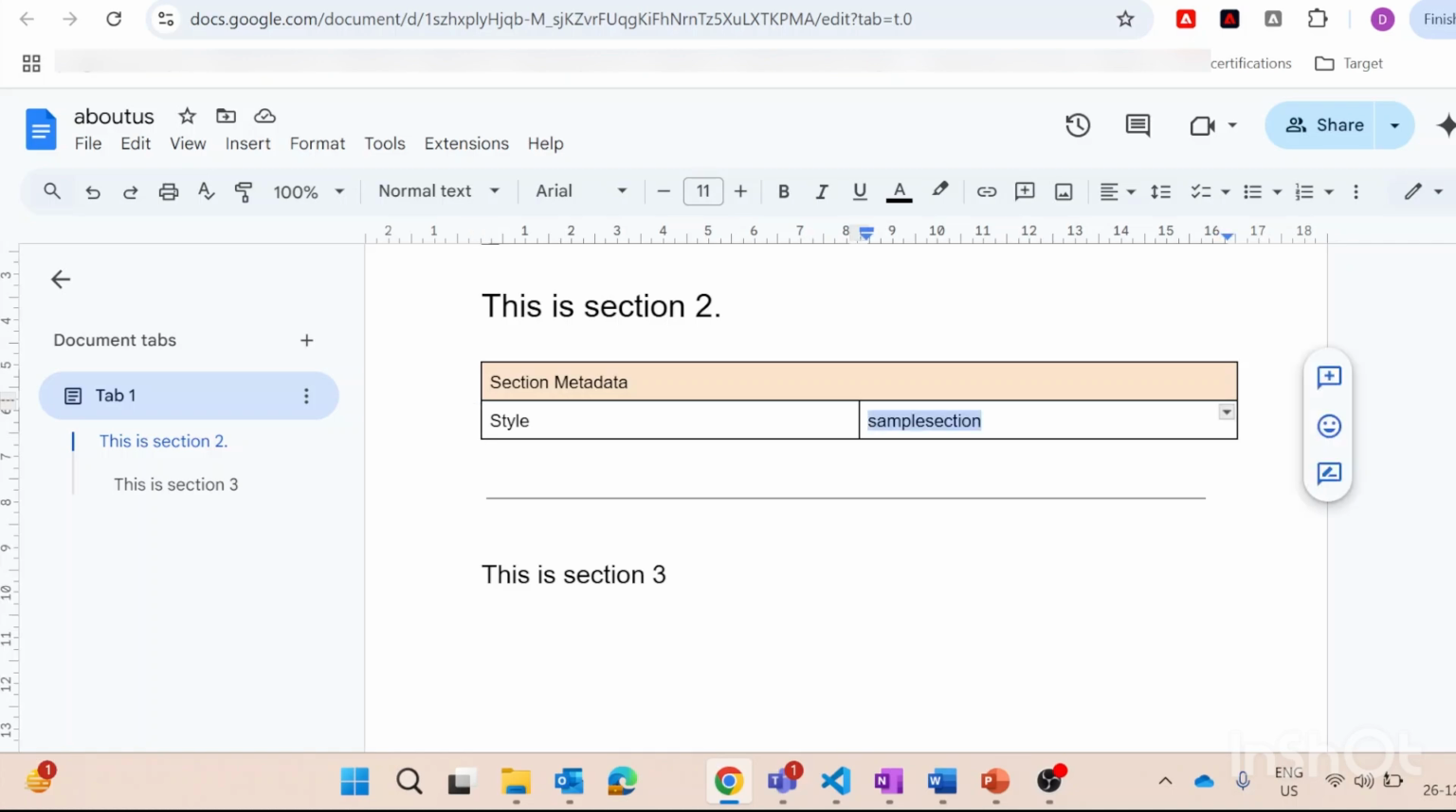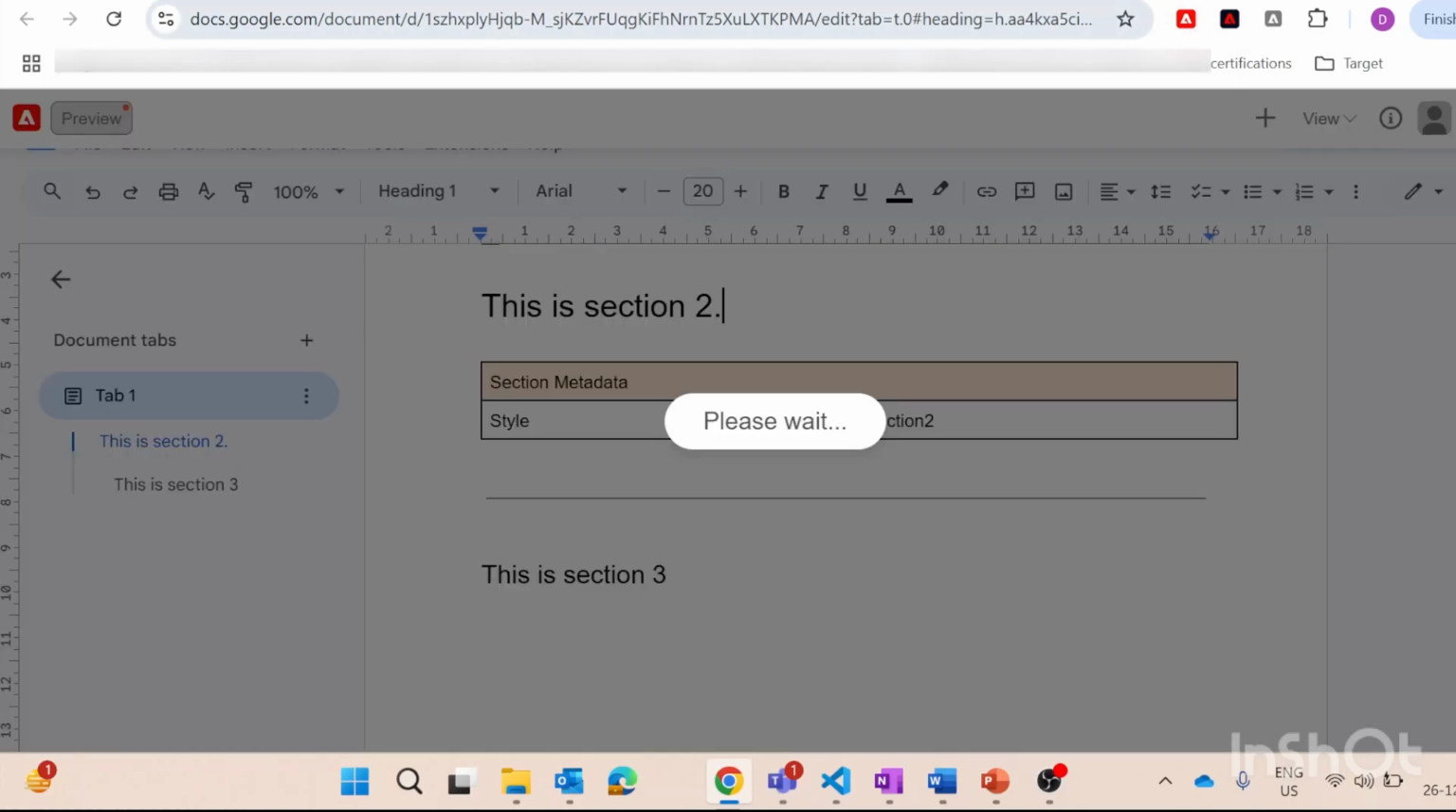This will be added as a separate CSS class inside a section. So I can, for example, give any name, or you can say I can add section 2 as a CSS class. If I suppose I want to add this, and if I preview now,